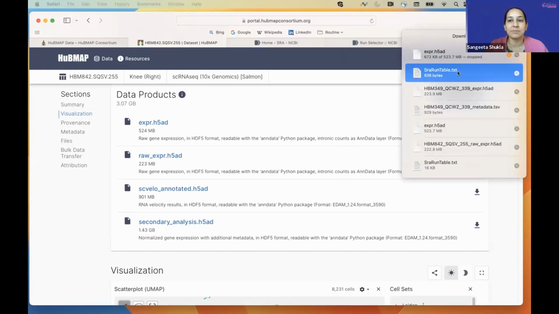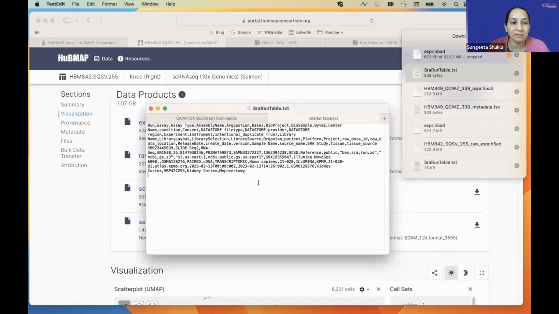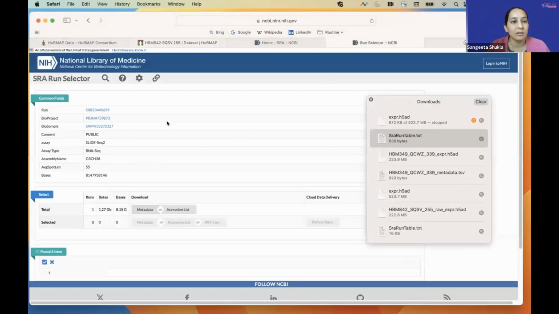And I have the SRA run table here that I'll open for you. This is what the file looks like. And this is a decently small file, so I think I've picked a good sample. I'll leave this file just the way it is. And I will upload this. I'll rename this to whatever my accession number was, so that when I upload it on Cavatica, I have